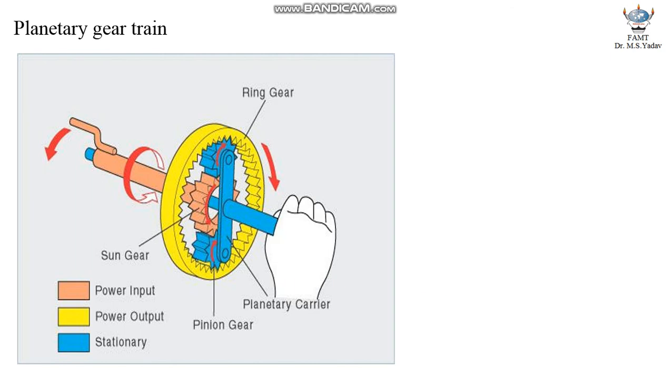Let's discuss planetary gear trains. Planetary gear trains, also referred to as epicyclic gear trains, are very much like our solar system. It consists of a sun gear right at the center, two or three planet gears orbiting around the sun gear, and a ring gear which is holding all elements together just like gravity of our own solar system. All the planet gears are connected to each other with the help of a planet carrier. This is how the elements of the gear train move.